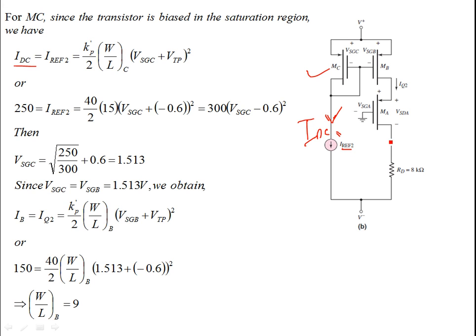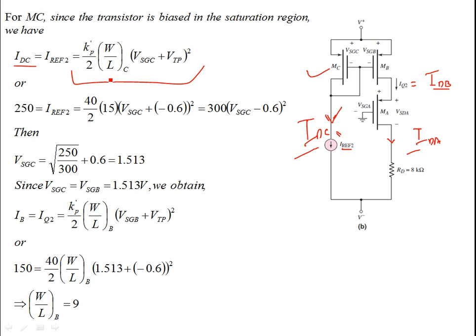Then similarly, you have this current IDA, and this current is also the same as IQ2, which is nothing but IDB. These are all the same things. But this current and this current are not going to be the same, although all the transistors are in the saturation region. So for MC, if you write the I-V characteristic for the saturation region, you see